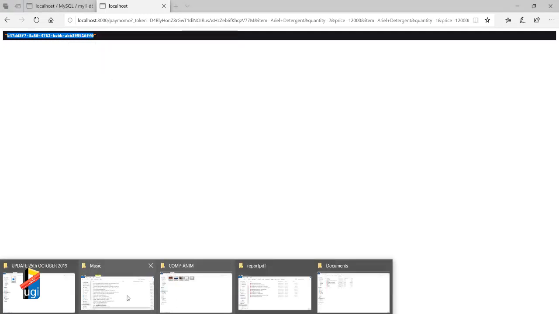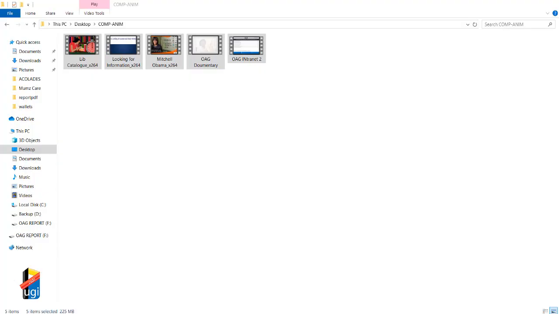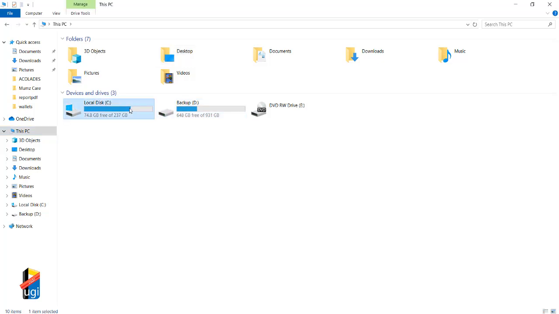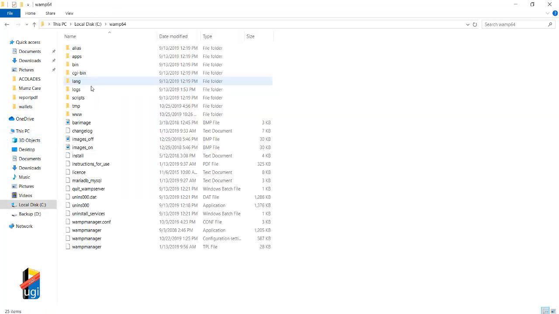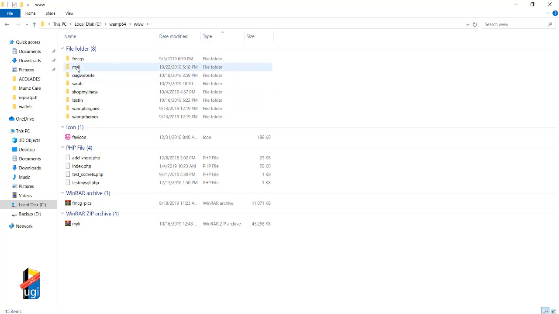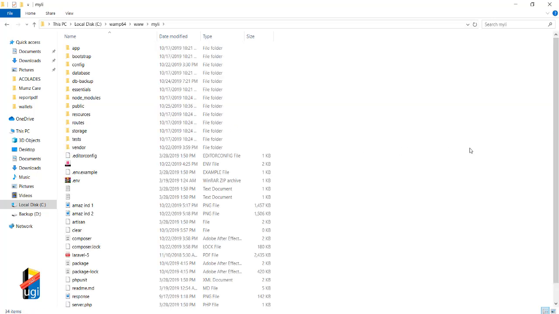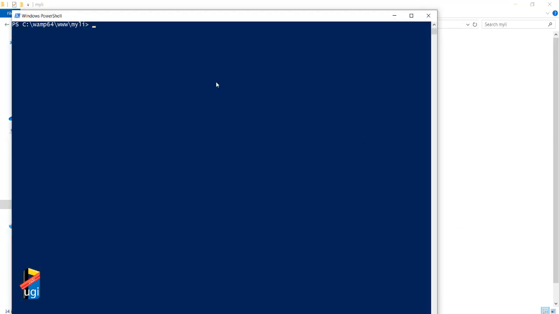Now that I have this response, let me copy it. I'm going to go to where that project is, in my WAMP server. I just want to show you that these two items interconnect. So I'm going to www, and then I'm going to open my shell from here. The first thing I'm going to do is PHP artisan